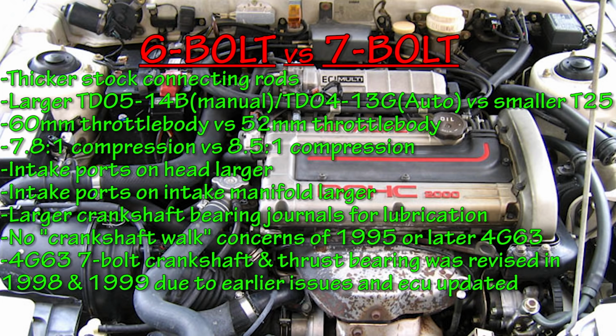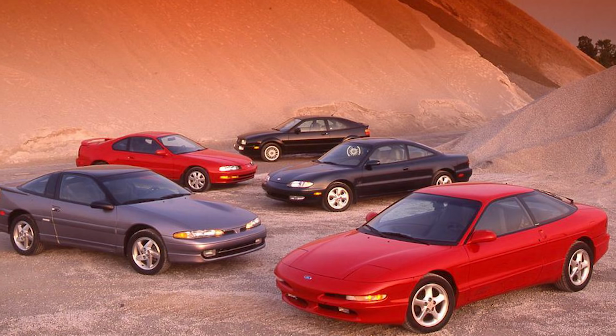The 6-bolt, though, is more desired due to its thicker connecting rods, larger stock turbo, larger crankshaft bearings, larger intake ports on the head, larger intake manifold ports, and a few other items which I'll list right here. The Eclipse Turbo was recognized by magazines for its performance and made it to Car and Driver's 10 Best list